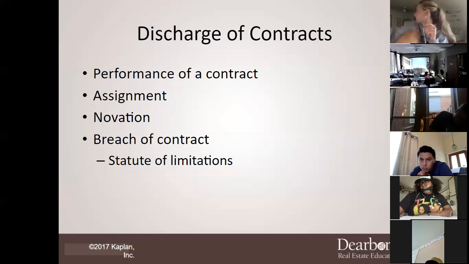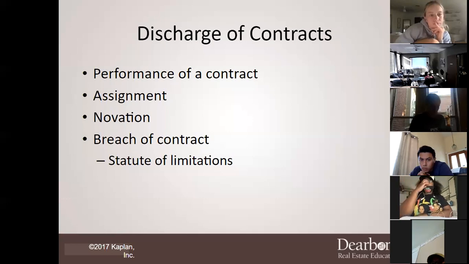So who could breach the contract? Who would be breaching the contract in this situation? Well, honestly, either could, but normally it would be the seller. Yeah, the seller. I mean, it kind of depends, because